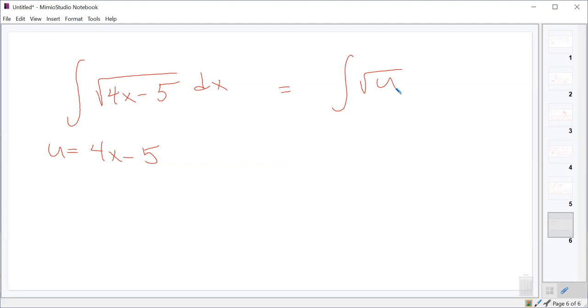Y'all agree with that? Okay. But we can't integrate root u dx. We have to integrate root u du. So we need to figure out what du is. Well, du is just the derivative of this u term. What's the derivative of 4x minus 5? 4 dx. It's 4 dx. Well, I don't have a 4 dx in my original integral, do I? No, there's no 4 dx. But I could,